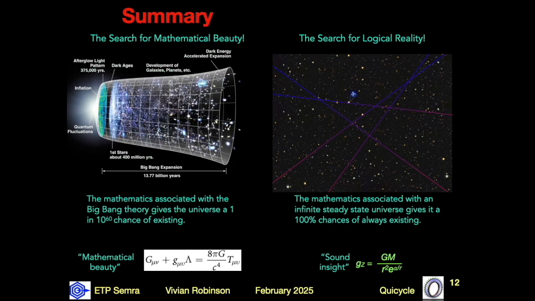This is a reminder of what can happen when mathematics is used incorrectly. With no understanding of the physics involved, they calculated the mathematical odds of the universe existing in its observed state 13.8 billion years after the Big Bang were 1 in 10 to the 60. They considered it was based on the genius of Einstein's work. Even if it didn't seem right, the universe existed, so it must be correct.